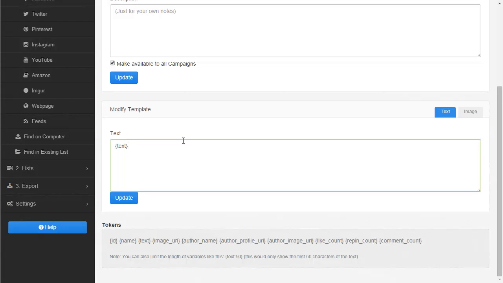So the reason you would want to be able to do that is because now I can add my own custom text before or after the Pinterest text. So I could say, found this on Pinterest, and then it would say the text that came from the Pinterest post. I might even want to put like quotes here or something, you know. So let's go ahead and do that, and let's see what it looks like. Let's click update,